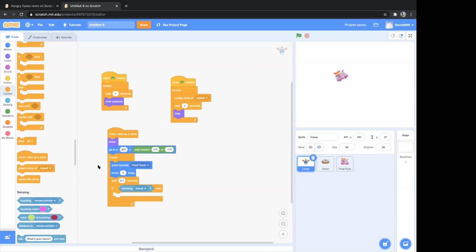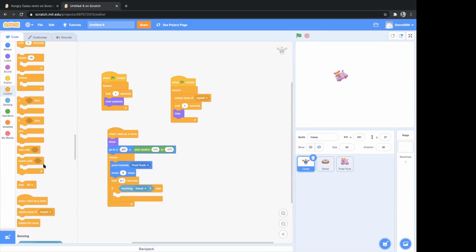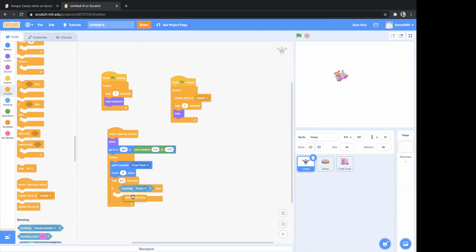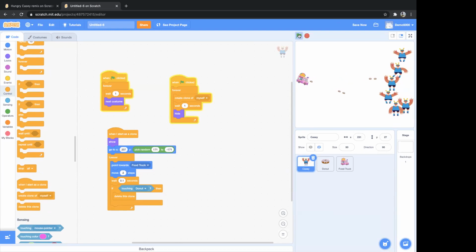We want this clone to die. So we will use this block in the control section. We'll use delete this clone. Now let's see. Now let's press space bar. See, it's getting deleted, right? Whenever it's touching, it's getting deleted.